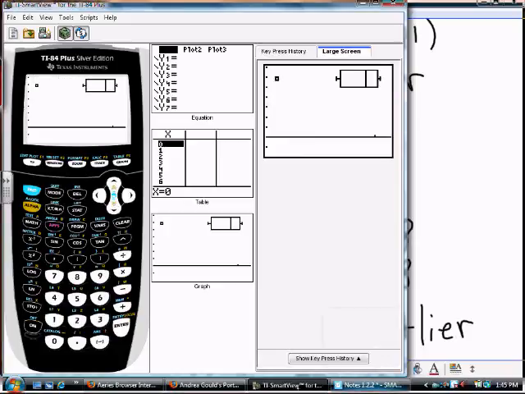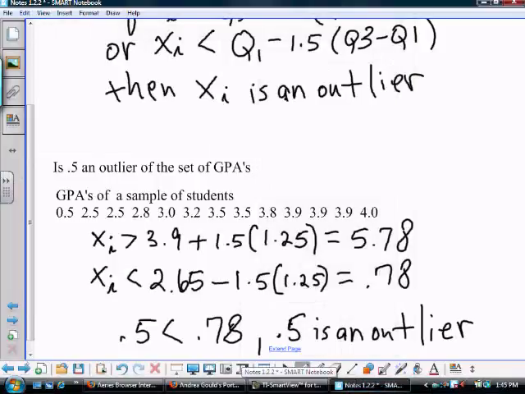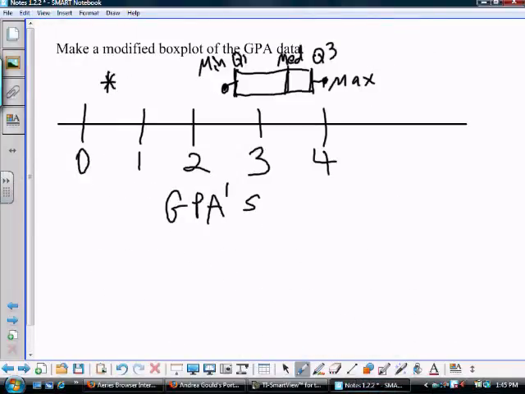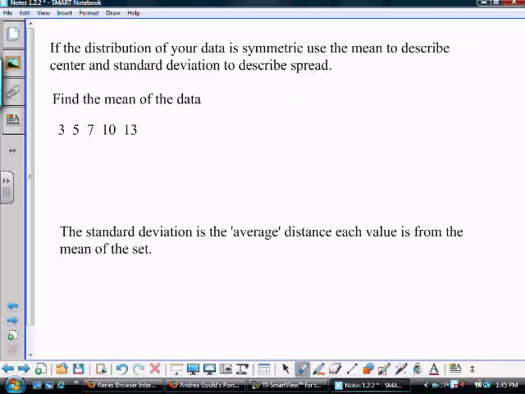Now we've got some other fancy calculations to do, so I need your calculators out. Okay. If the distribution of my data is symmetric, then we're going to use the mean for the center and standard deviation to describe the spread. So first off, I'm going to give you some data: 3, 5, 7, 10, 13, and I don't know if it's symmetric. It's so small. Who knows whether it came from a symmetric distribution or not? So we're going to